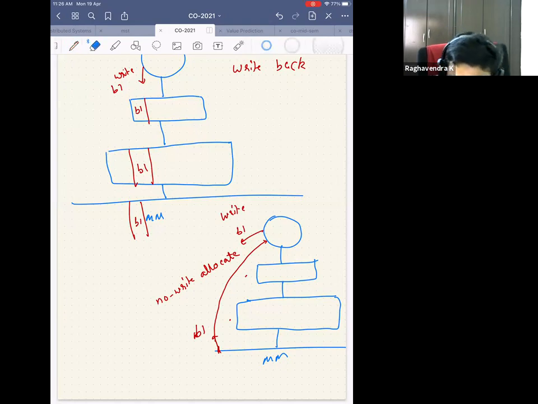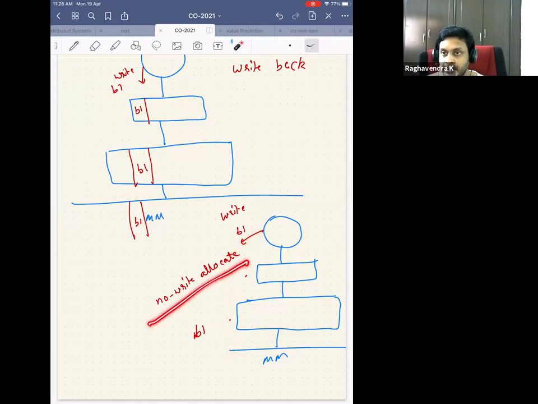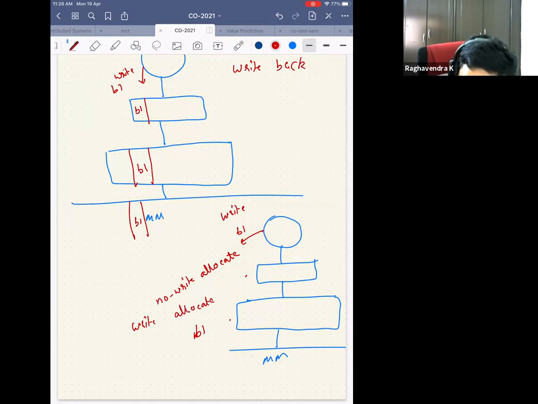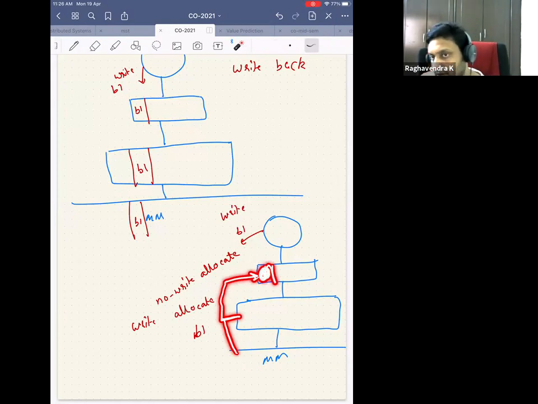It actually doesn't even happen this way. When I generate a write, I directly go to the main memory and I write the block B1 into the main memory. I don't touch the cache at all. So this is called no write allocate. A write allocate is something like this. When the CPU generates a write to block B1, I bring the block from the main memory. If it's an inclusive cache, I keep it both here and here and update the contents, depending on whether it's write through or write back. So I place the block.